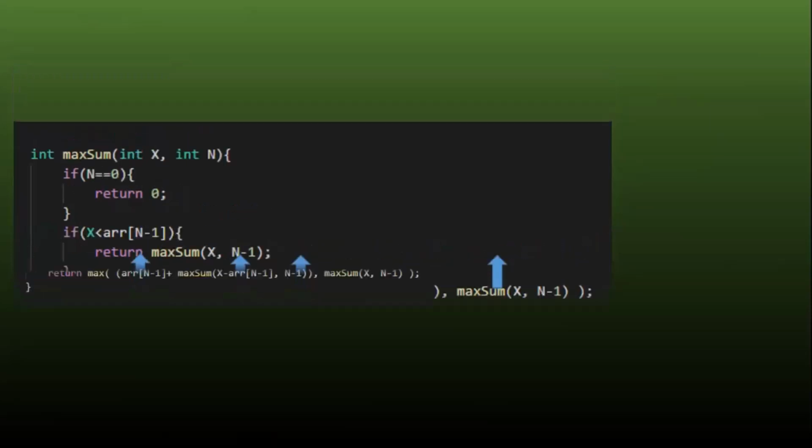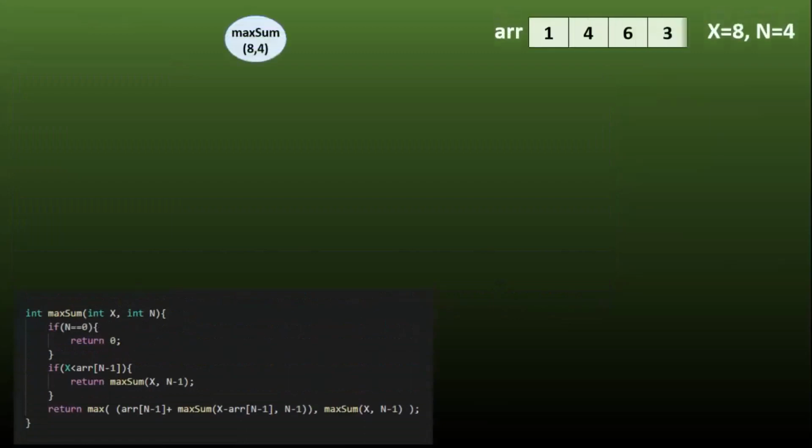Now let's understand the solution with an illustration. As I said, x is the remaining sum, so when none of the elements are selected, the remaining sum will be 8 and the number of items that are available is equal to 4. So in the root we pass 8 and 4 as x and n. The basic approach of this problem is executing all possible scenarios. For every element we will either select it or discard it.